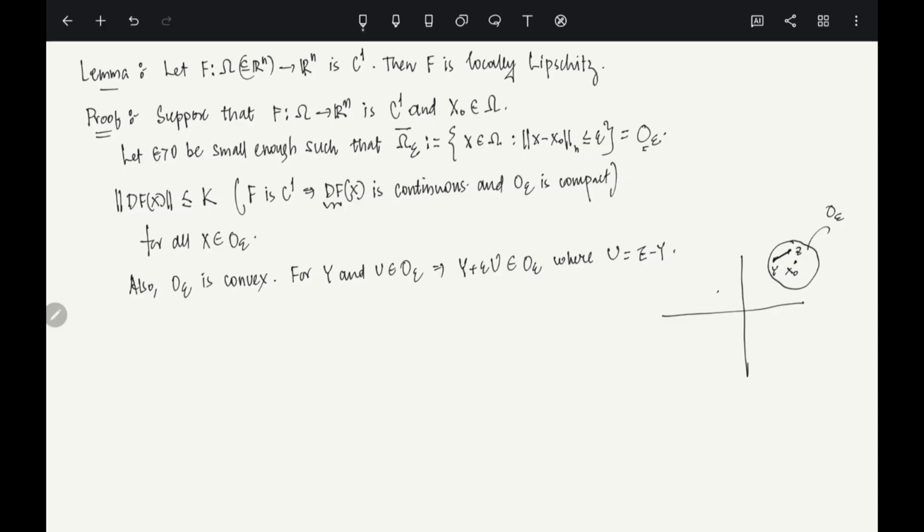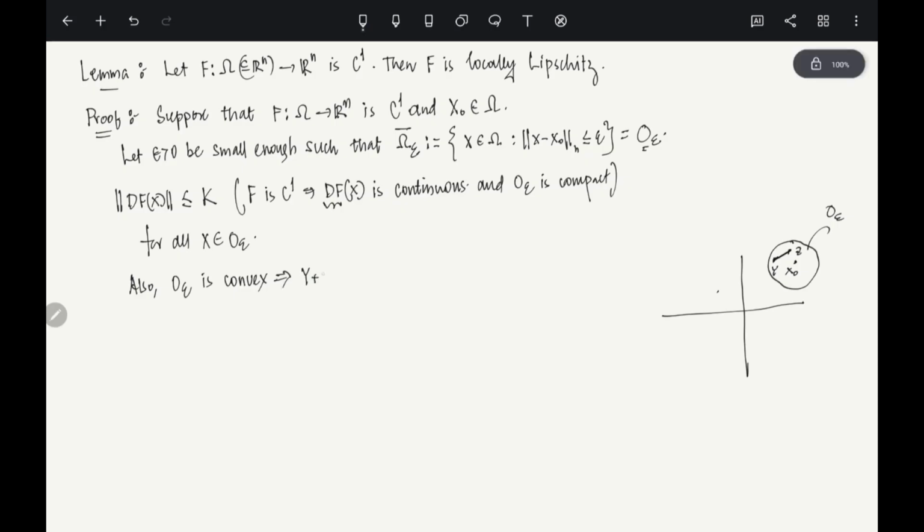Now the straight line given by y plus s u should also be in O epsilon, and what is u here? u is nothing but z minus y. I made a small mistake here. Since O epsilon is convex, that will imply that